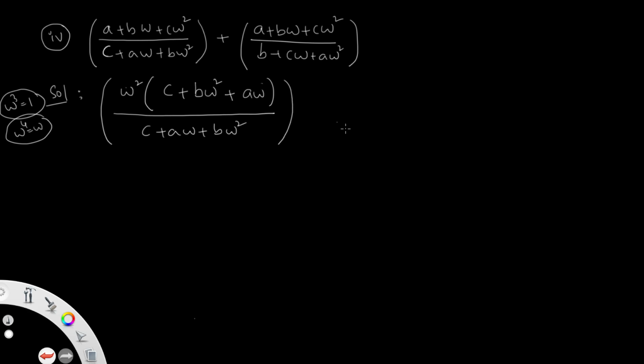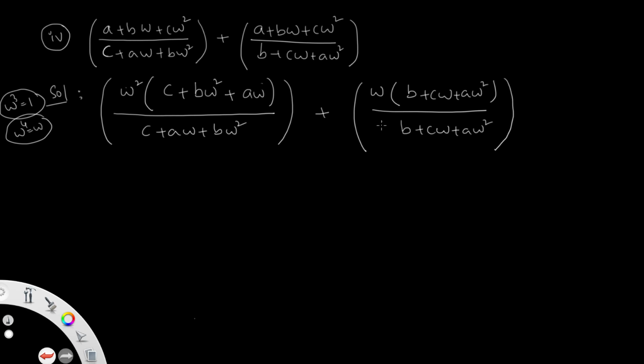In the same way, in the second part, b has to be common, so omega will be common. Omega common means b plus c omega plus a omega square, divided by the denominator b plus c omega plus a omega square. Please check whether it is correct or wrong. B omega is okay, c omega square is okay, and a omega cube is a. So that's why we are writing the same. In the bracket, this total term will get cancelled. In a similar way, this term should get cancelled.